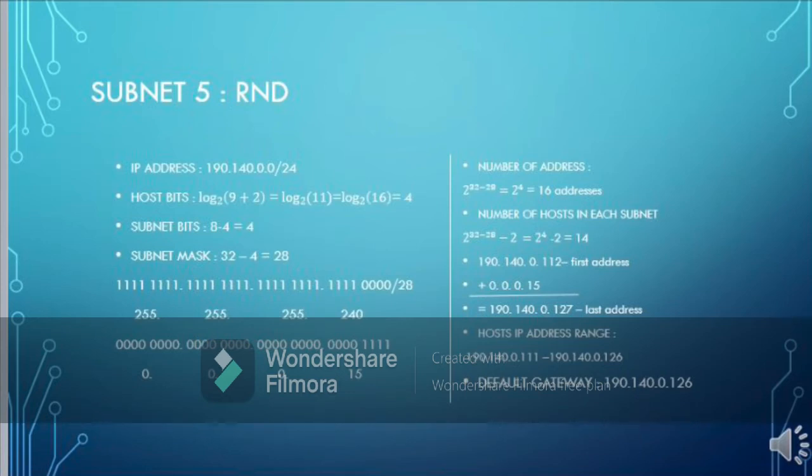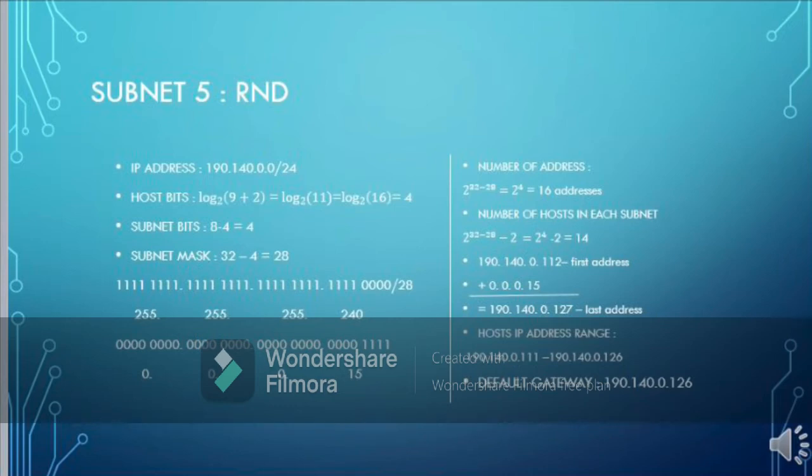So to get that, it is 2 power of 32 minus 28 minus 2, equals 2 power of 4 minus 2, and we get 14 number of hosts in each subnet. Then we can get the first address and also the last address by adding the first address with the wildcard. Next, we can get the host IP range